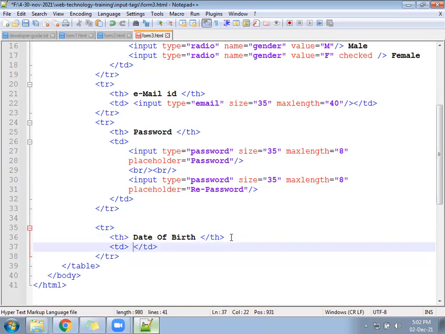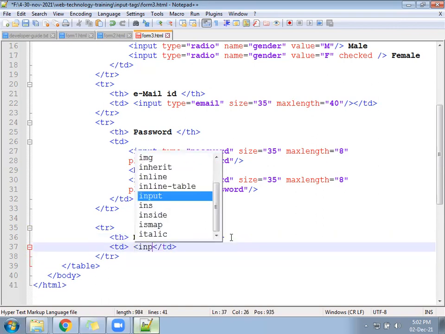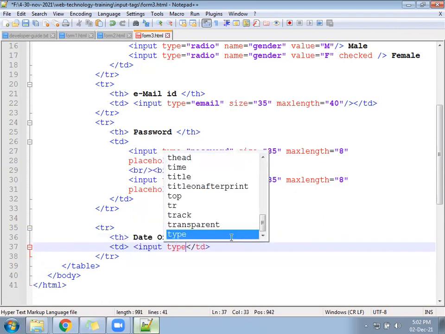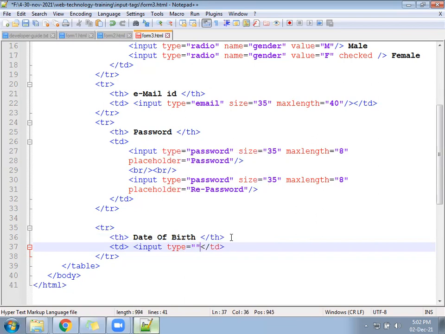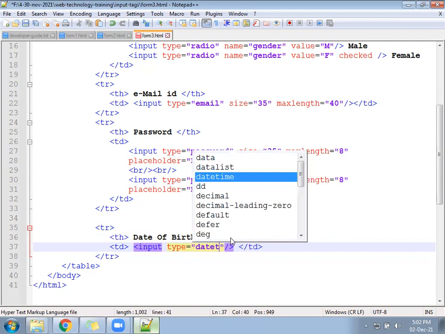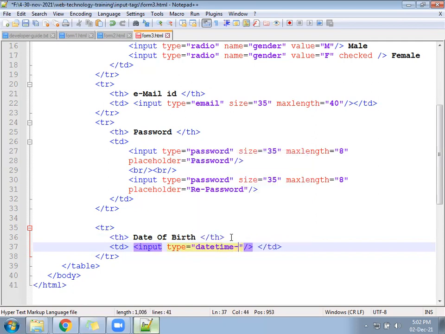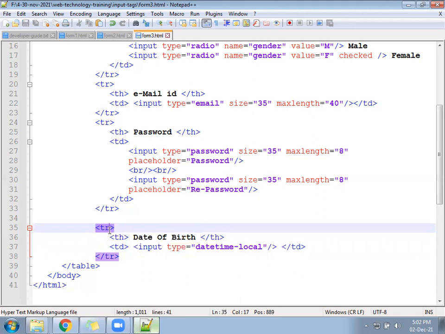Input type equal to, not number. We have something else also to bring up the calendar. Input type equal to datetime-local.